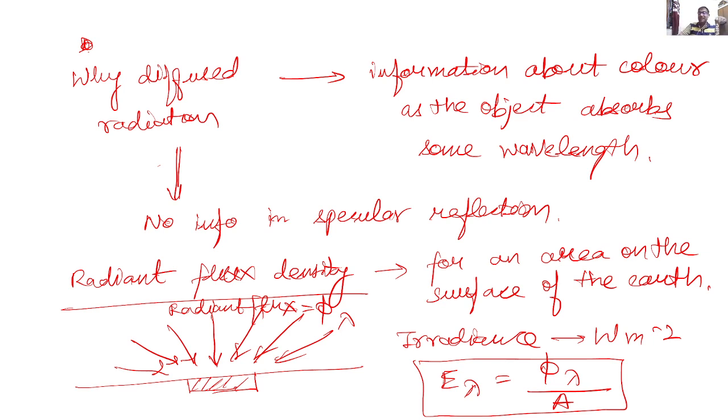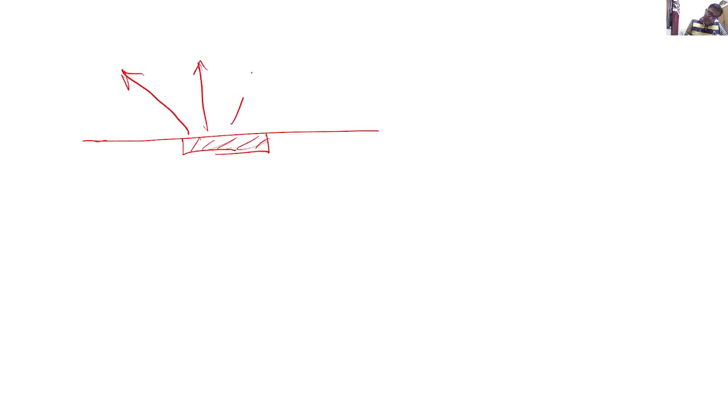What happens with the exitance? There is another term which is known as the exitance. It is also defined with respect to the radiant flux itself. So after a reflection, some part of the radiation will be going back into the atmosphere. Let us suppose the radiant flux for that case is also phi lambda. So the exitance,